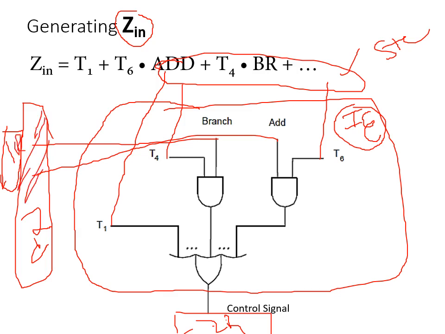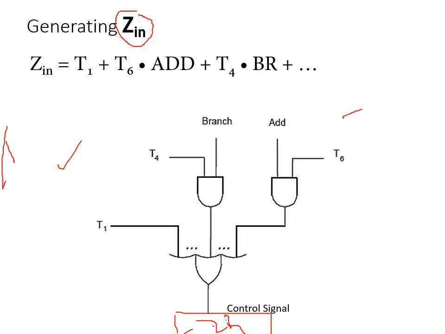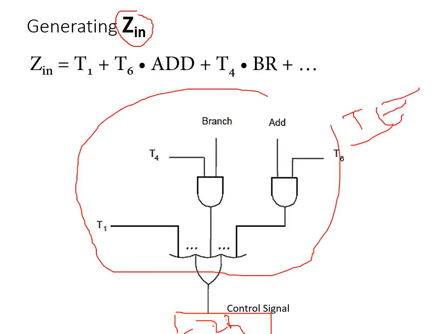So this is the instruction decoder. It will tell which particular instruction it is, and that particular signal will be 1. If it is a branch instruction, the branch signal will be 1. If it is an add instruction, the add signal will be 1. Similarly, the time, or which clock cycle it is, is informed by the step decoder. And this entire circuit is inside the instruction encoder, and the ZIN circuit will be there which actually executes the ZIN task.